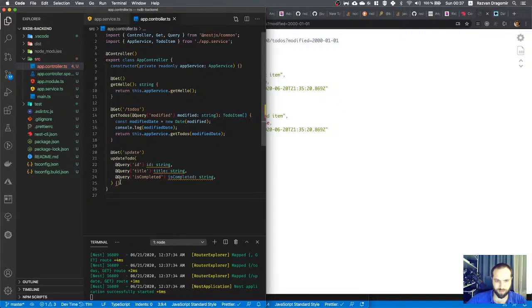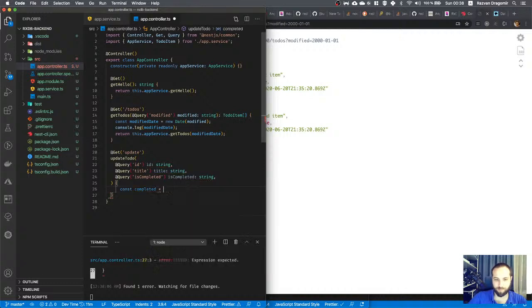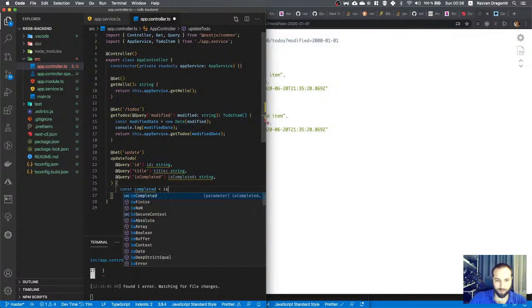Okay, so now let's parse that boolean, const completed equals Boolean.parse. How do we parse a boolean? Yeah, I think I'll say something like is completed equals